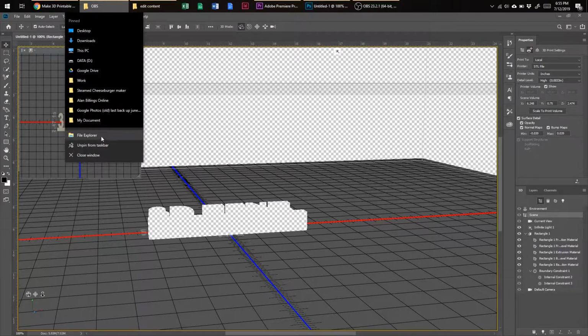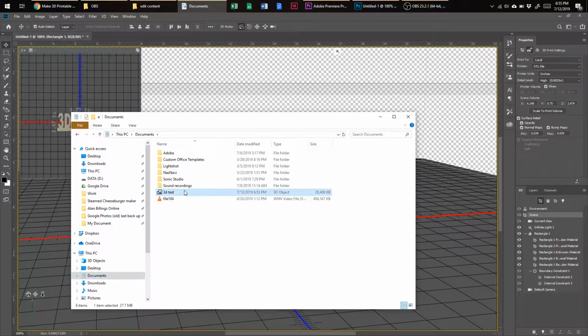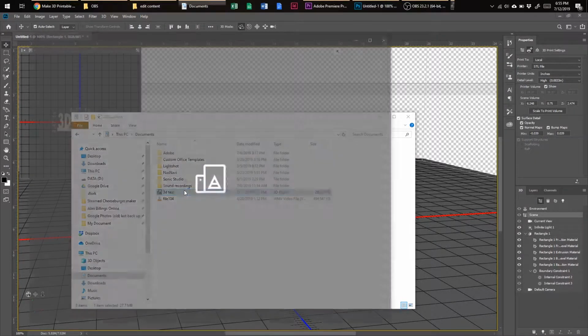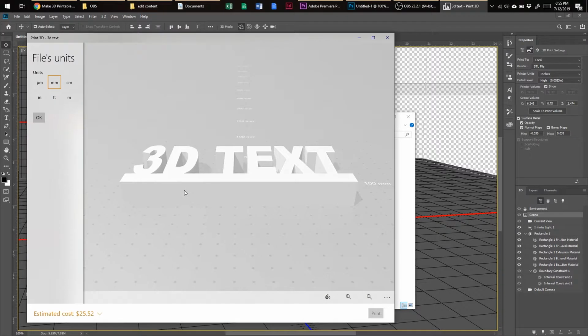If we open up my documents here, there's our file. There's our 3D text file. Now Windows does have a program for opening up 3D files, and we'll go ahead and open it up. And this is how simple it is, guys, to create 3D text. All we did was put a rectangle under them, make sure that the rectangle touched the text that we had available. And if you put this through a 3D printer, you guys would have no problem at all